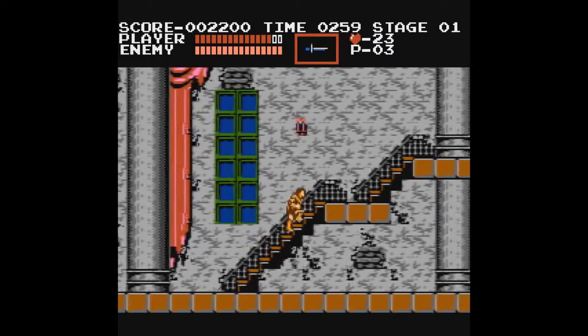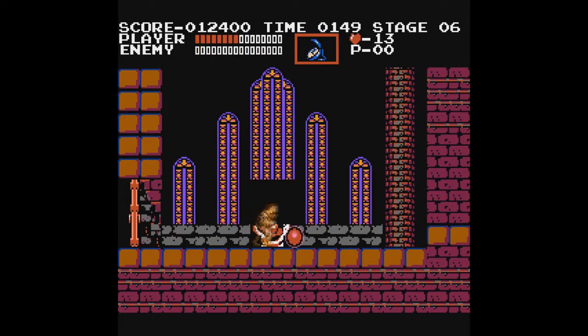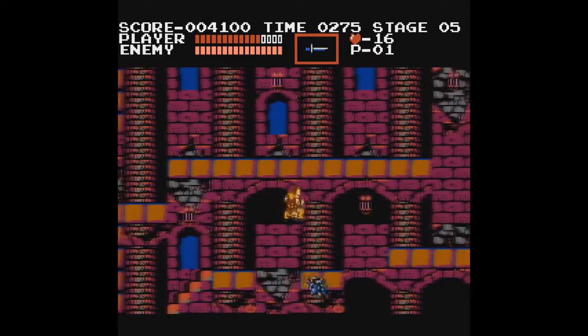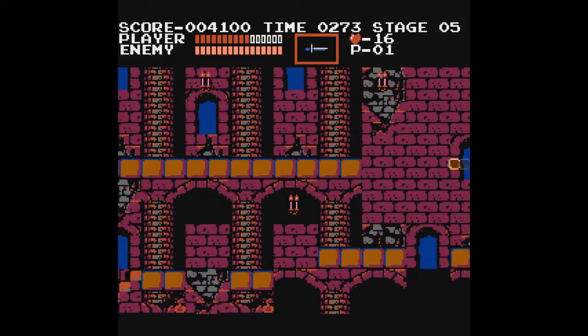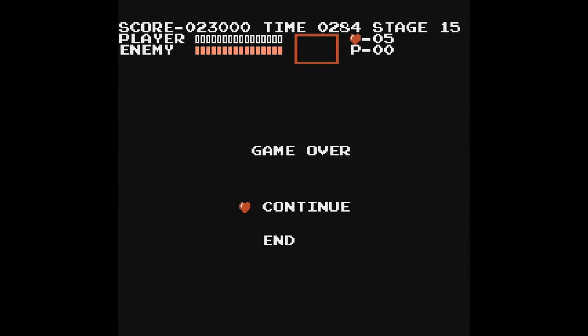So, as Simon, you gotta go to different parts of Dracula's castle, defeat a boss at the end, and then collect a red orb, which I'm not sure what it really does, but hell, you won't really care, because you will be too busy dealing with everything this game is throwing at you. Castlevania is hard as hell. Why, you may ask? Well...